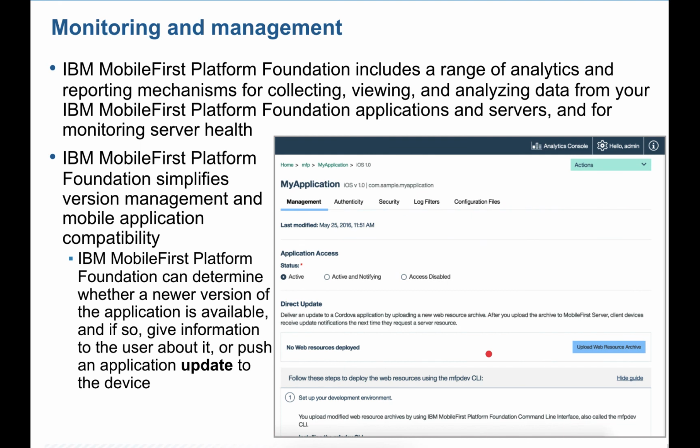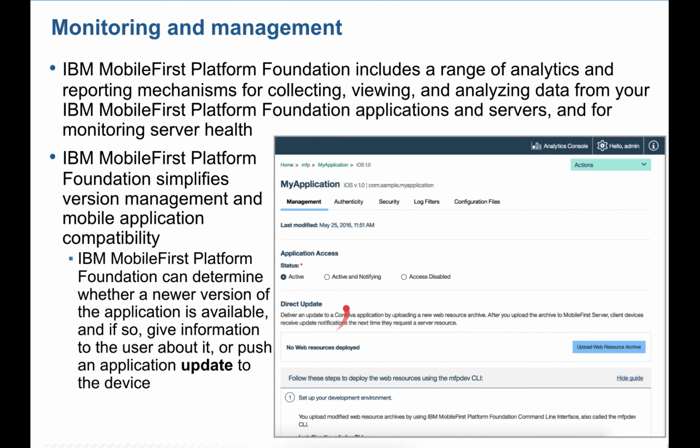Okay, so here you will see direct update. You can see this option, direct update, right? And you can see if you have disabled the application for a particular region, as I told you, suppose a mobile device has been lost or stolen or anything happens, you can disable or enable the application. So here you will see that the application is in active status. It means the application, from any device, can communicate with the Mobile First server. Okay, and access is disabled. So all the statuses you can see here.